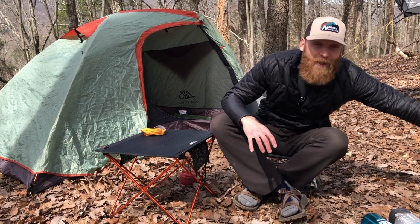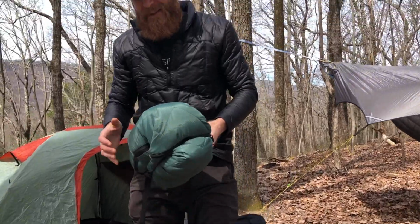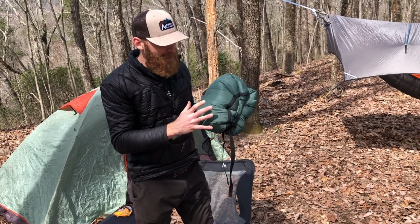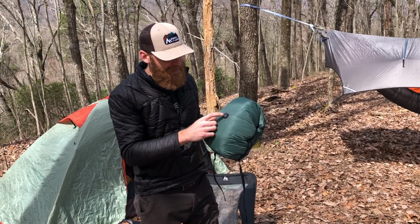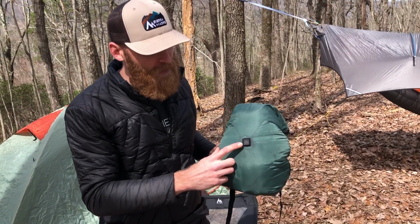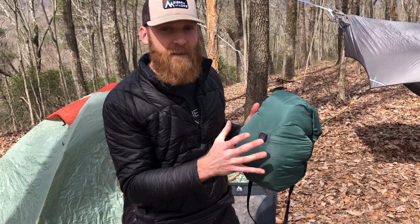So Sierra Madre has created a new product and I am super excited about it. It's called the Hot Pocket. The Hot Pocket is an insulated compression bag that you can actually store and compress your insulation with, but then preheat your insulation. So you can see it's got a switch right here, and just with the push of a button, I can turn that on and I can engage a radiant heat panel here and here that warms up